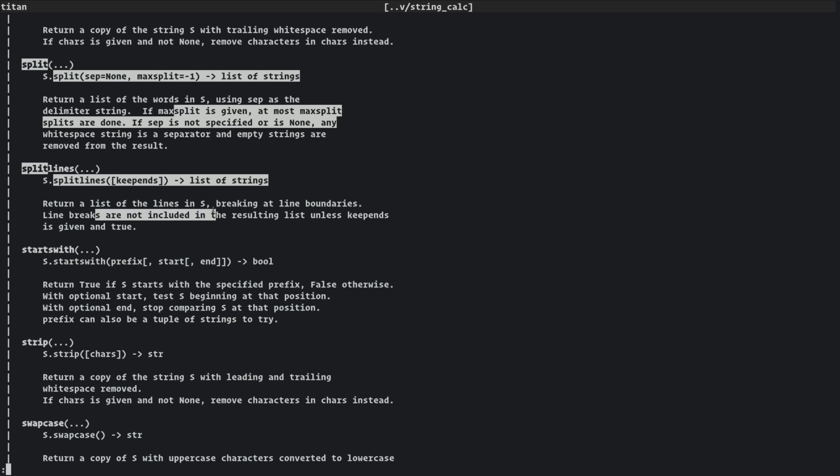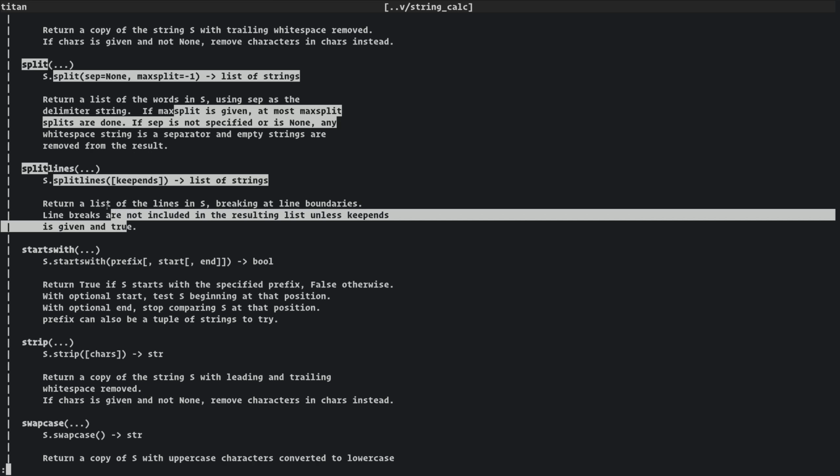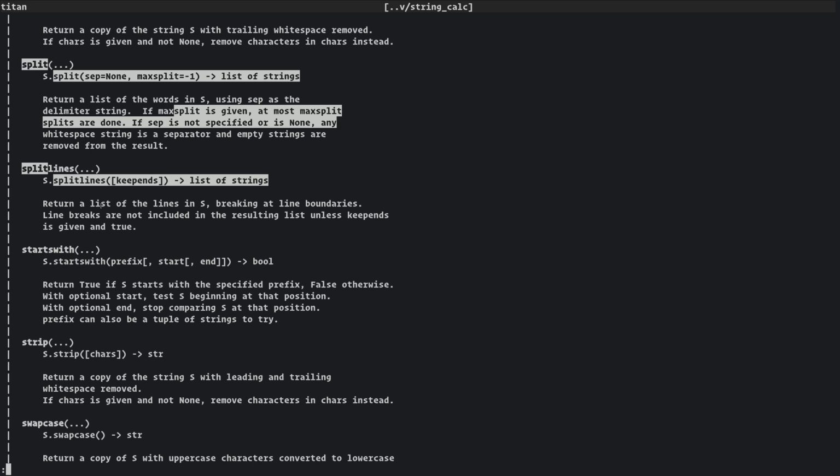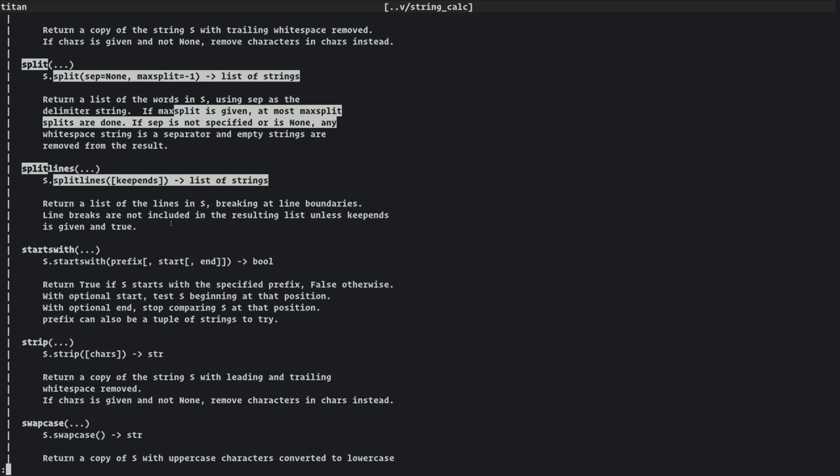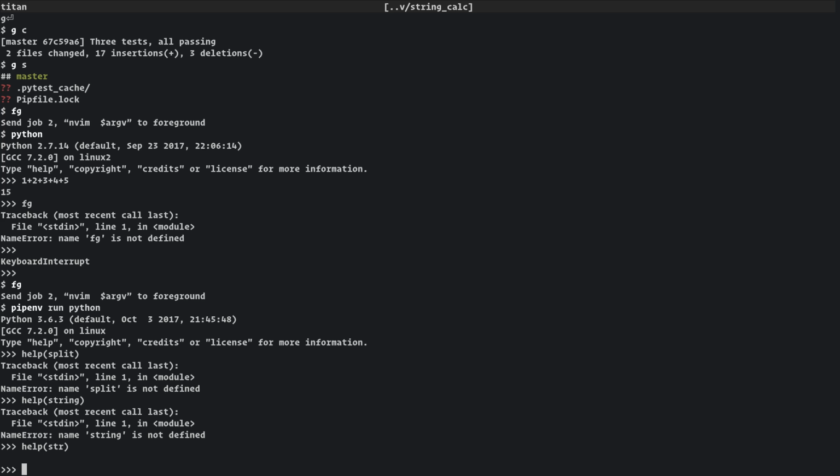Line breaks are not included unless keepends is given. This is interesting. This could actually help us, but I'm not sure, because if I say splitlines,